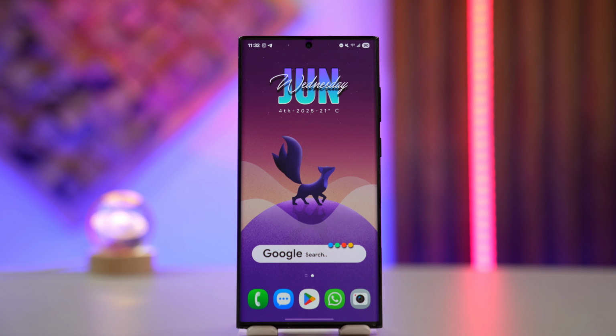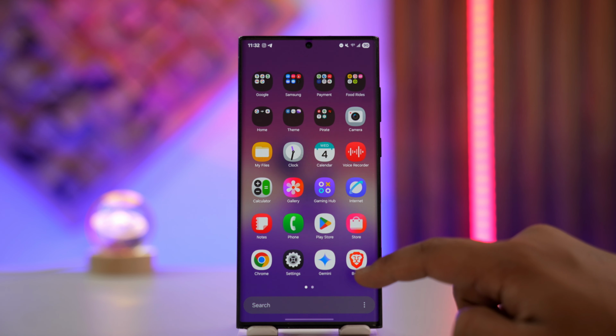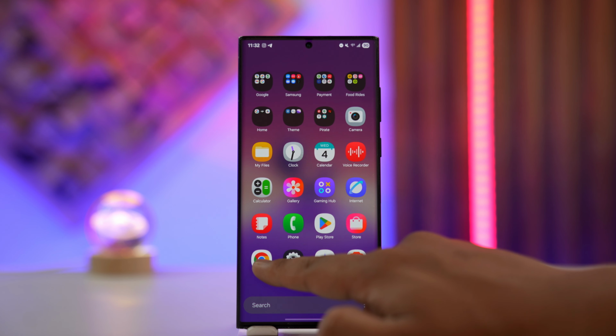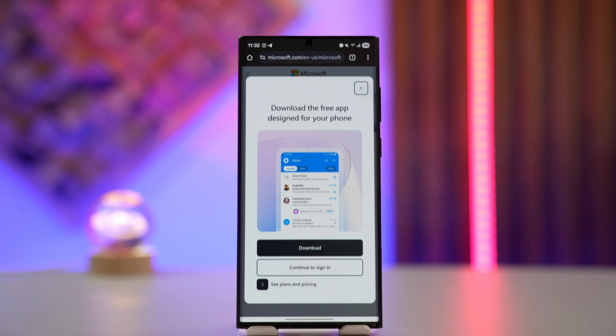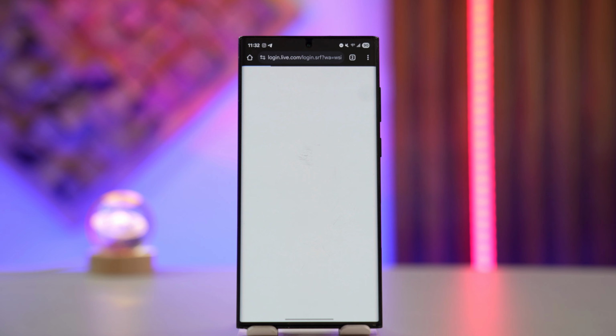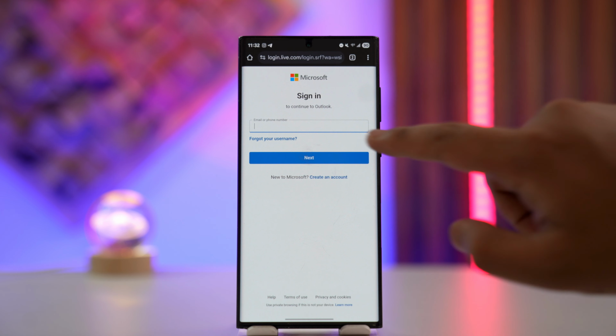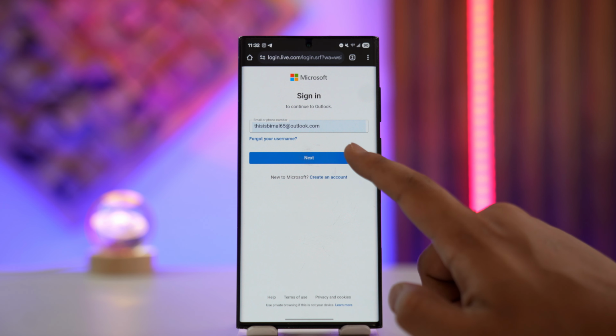To reset your Outlook password, first of all, open your browser. Then go to outlook.com, which will take you to Microsoft's website. From there, tap the sign in button and tap on continue to sign in. Once you've done that, if you remember your email address, first you enter your Outlook email right here, then